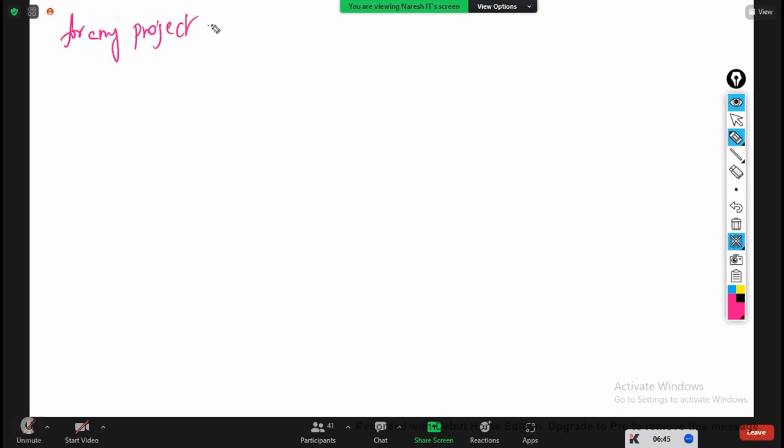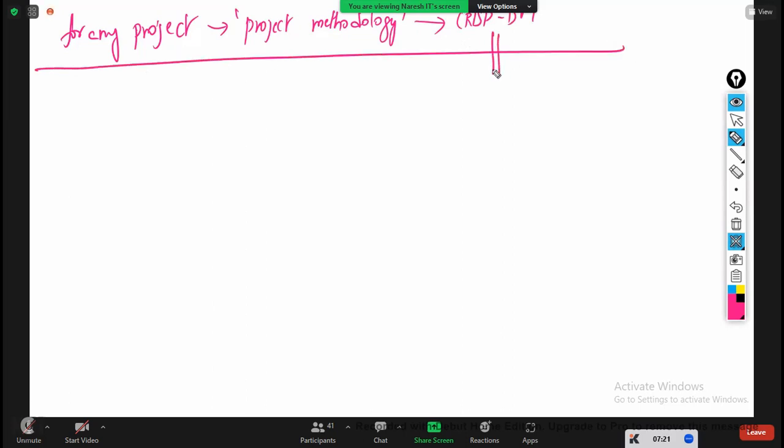In the interview, they'll ask you which project methodology you have applied for your data science project. And you have to say the answer is CRISP-DM methodology. This methodology is exclusively for data science. So, CRISP-DM methodology for data science. Now, within CRISP-DM, where CR stands for cross, I stands for industry,